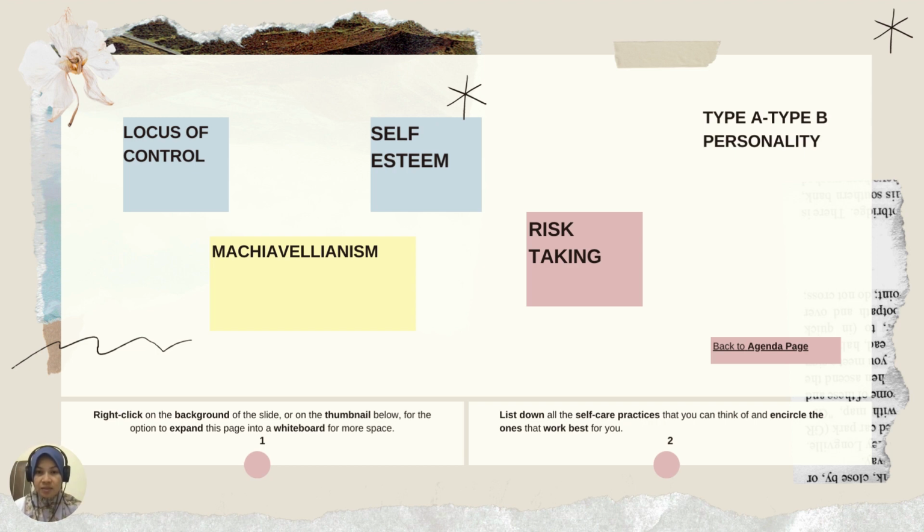And lastly is type A, type B personality. Type A and type B personality characteristics are contradictory to each other. This theory studies not only the differences between individuals but also basic human behavior. Type A personality is associated with time urgency, aggressiveness, hostility, and competitiveness. In contrast, type B personality is low on these traits, and generally, most people fall somewhere between these two types, with some leaning more towards one type than the other.